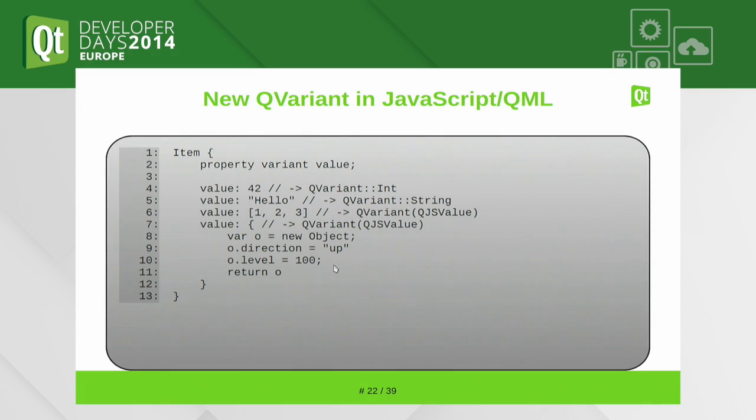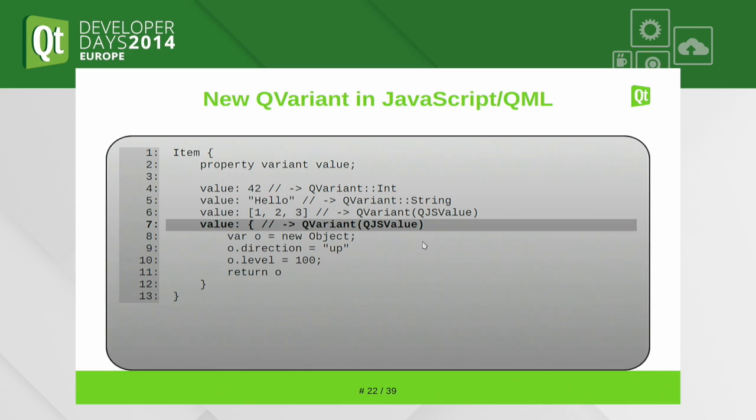So the result is that if you look back at this example, this will remain a QVariant int, this will remain a string, but this will now turn into a QVariant QJSValue. And this will also result in a QVariant QJSValue, but if you ask the QJSValue if it's an array or if it's an object, it'll return the correct value. But the data is preserved, and what we also do is that, for convenience, we